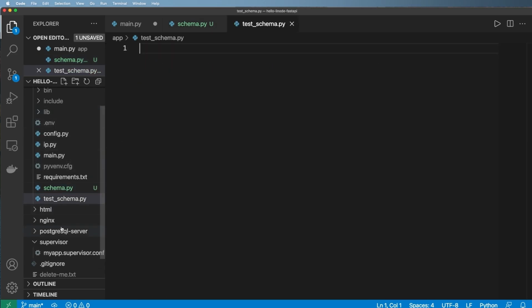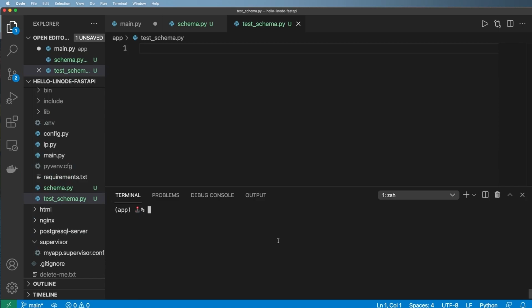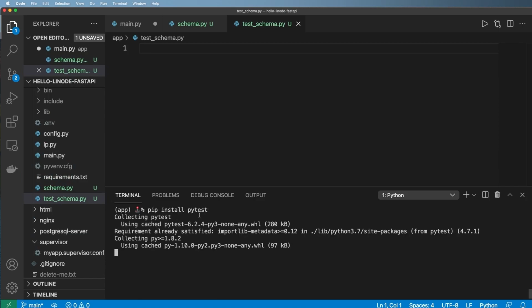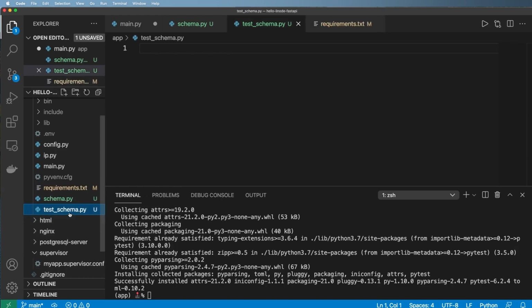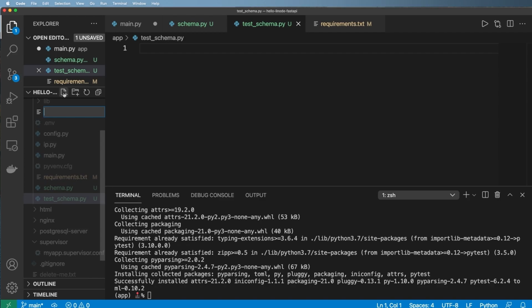test_schema.py. And what I want to do now is pip install pytest. And I'm going to go ahead and add pytest to my requirements here. Okay. So test underscore is definitely how we want to name it. The next thing is I want to do pytest.ini,